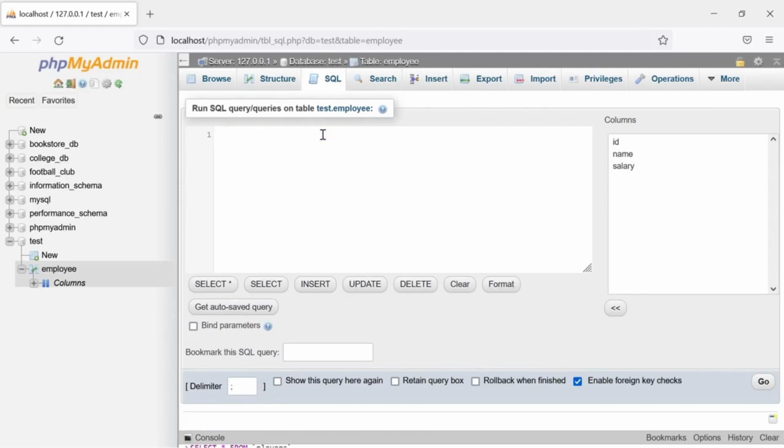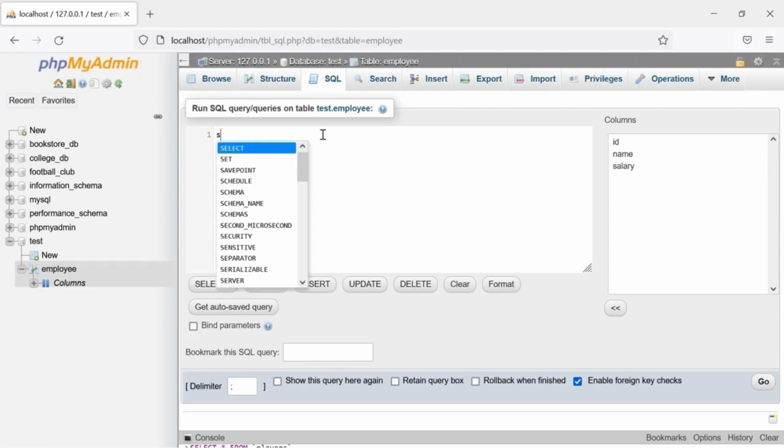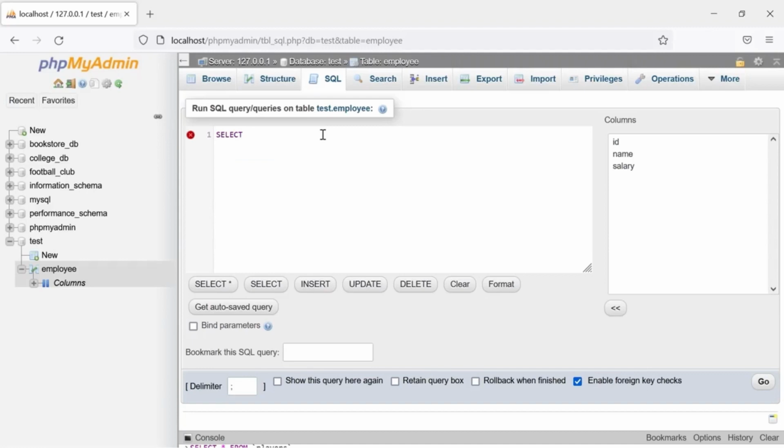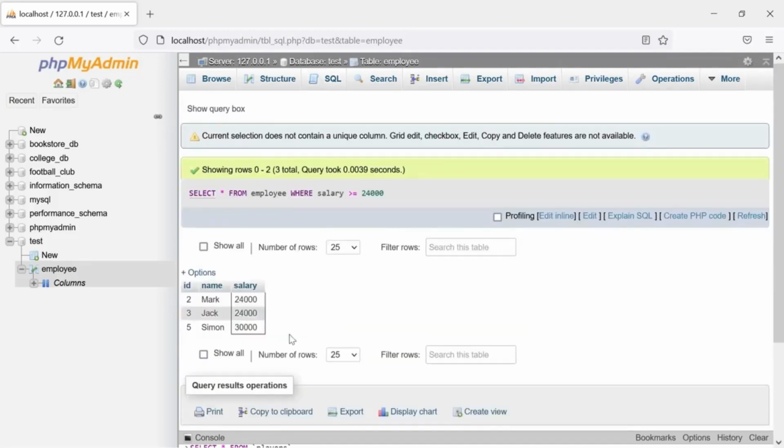To generate these results, I can use the greater than or equal to operator in my SQL statement. So I write the following SQL query: select asterisk from employee where salary greater than or equal to symbol 24,000. This time, the greater than or equal to symbol is used to check whether the value stored in each field of the salary column is greater than or equal to $24,000. I click Go to execute the query, and the output shows that there are 3 employees who earned $24,000 or